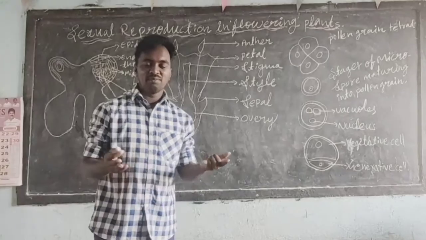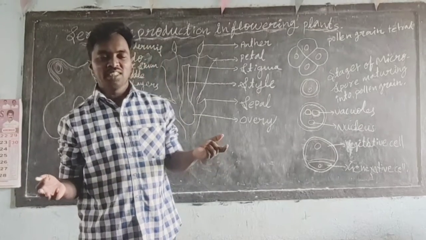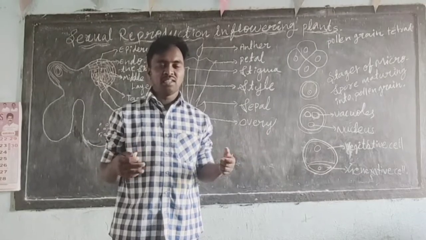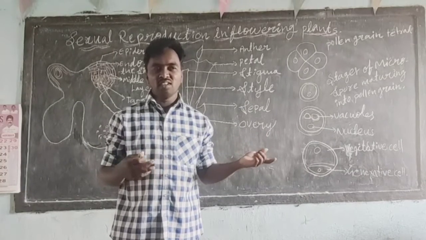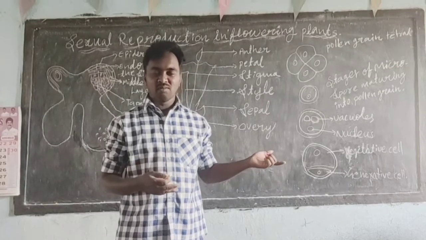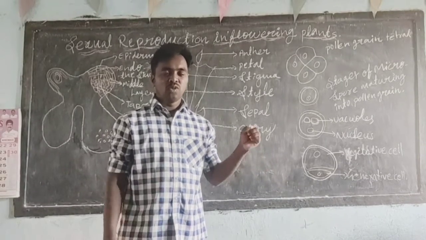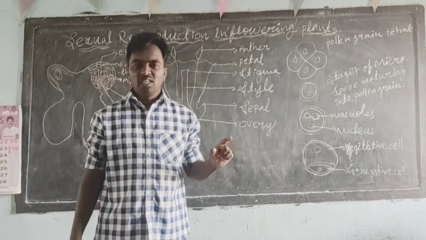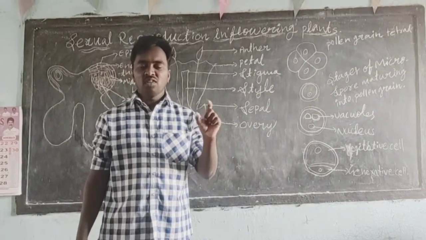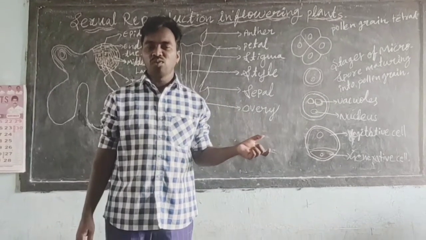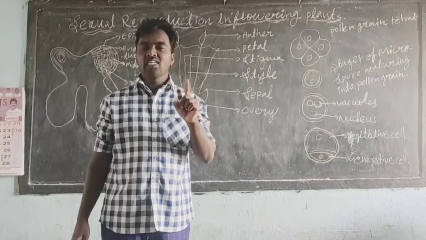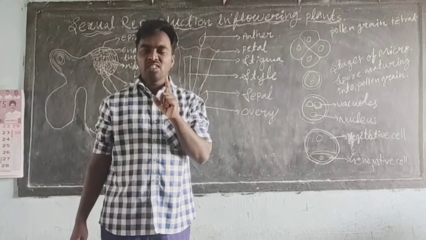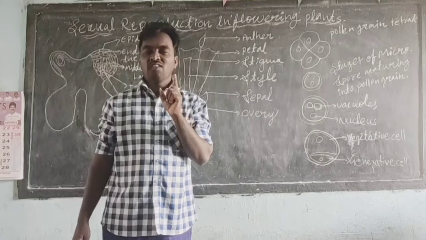What is different between flowering plants and non-flowering plants? We know clearly that morphologically, or physically, when we observe the plant we can say whether it is a flowering plant or not. Those that produce flowers are flowering plants. At the same time, the flowers can be modified into fruits. This we also know. So the reproduction will take place in a flower only. The flower is the major reproductive organ in all flowering plants.